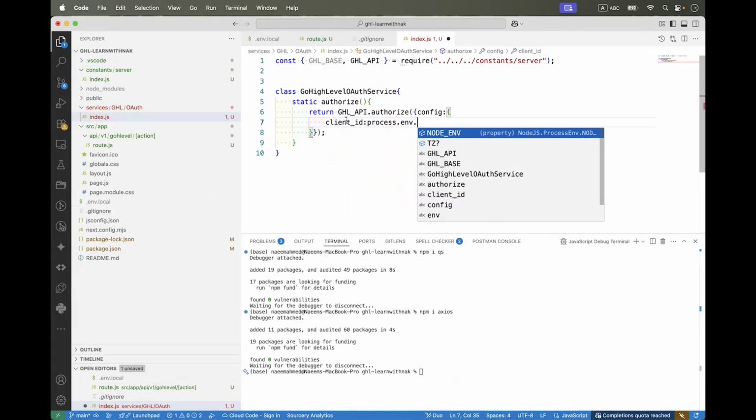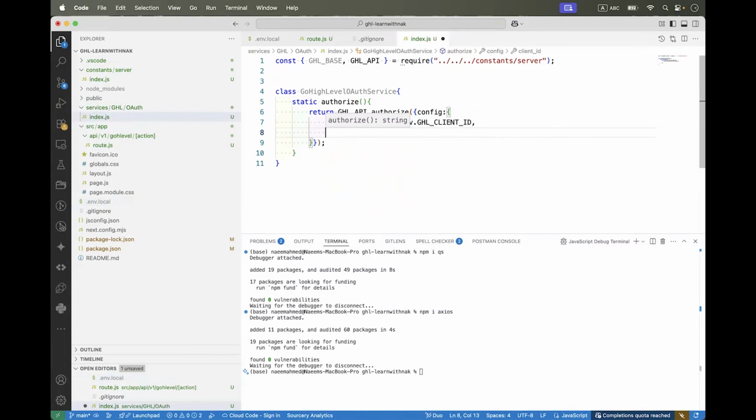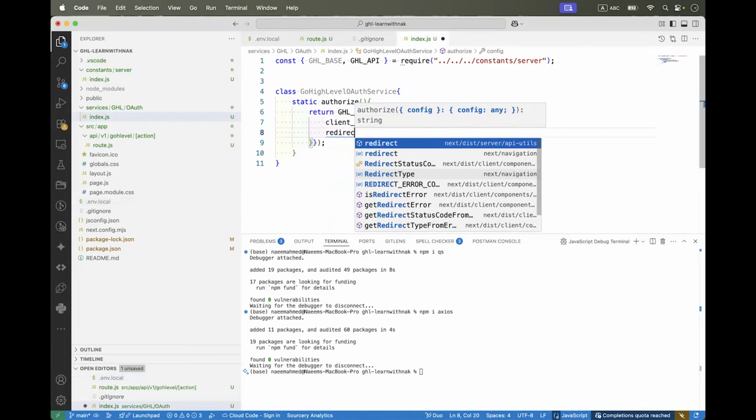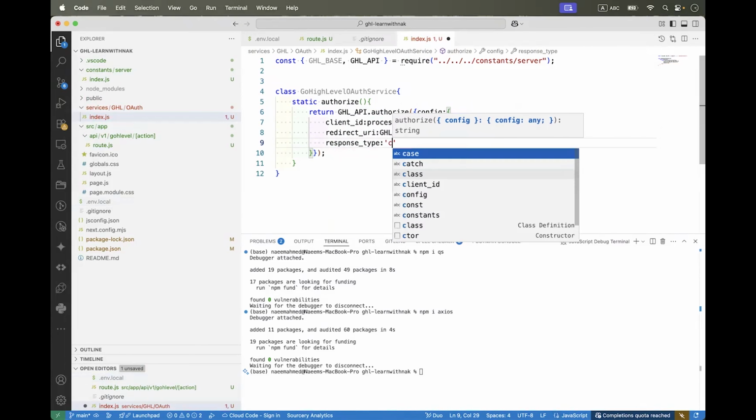Client ID will be GHL client ID, and then redirect URI, and that will be API redirect URI. And then we need to set the response type, and that will be code